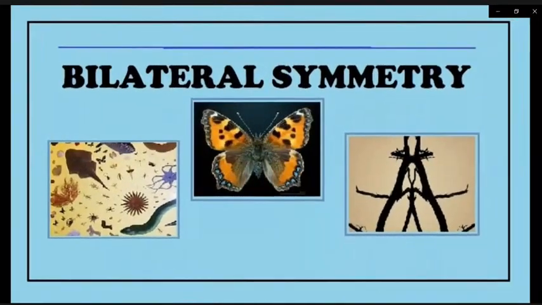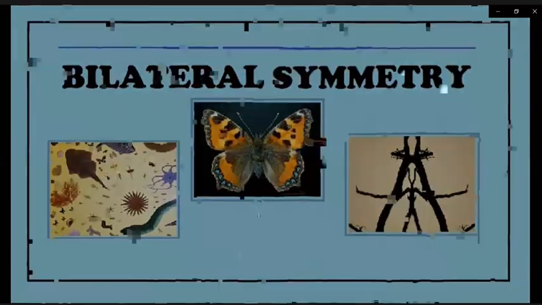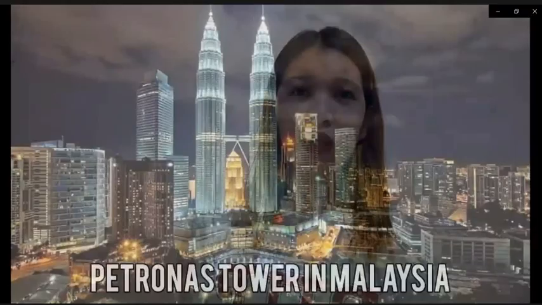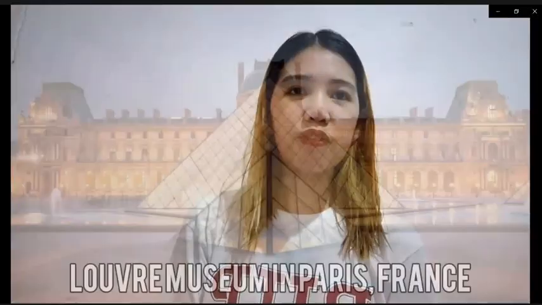Take it away, Ma'am Shriza. Thank you, Ma'am Shmaylene. When you look closer at the ordinary, your perspective will change as you acknowledge the uniqueness that they possess. Bilateral symmetry is the simplest kind of symmetry and the one that is mostly observed in our surroundings. If an object would be divided into halves, both sides would look just the same, or in other words, symmetrical. Some of the many examples are the Petronas Tower in Malaysia and the Louvre Museum in Paris, France